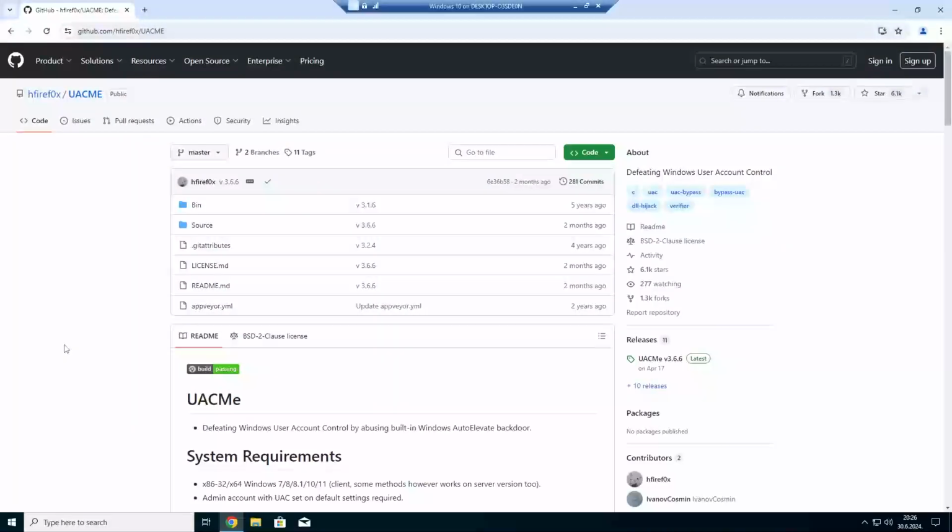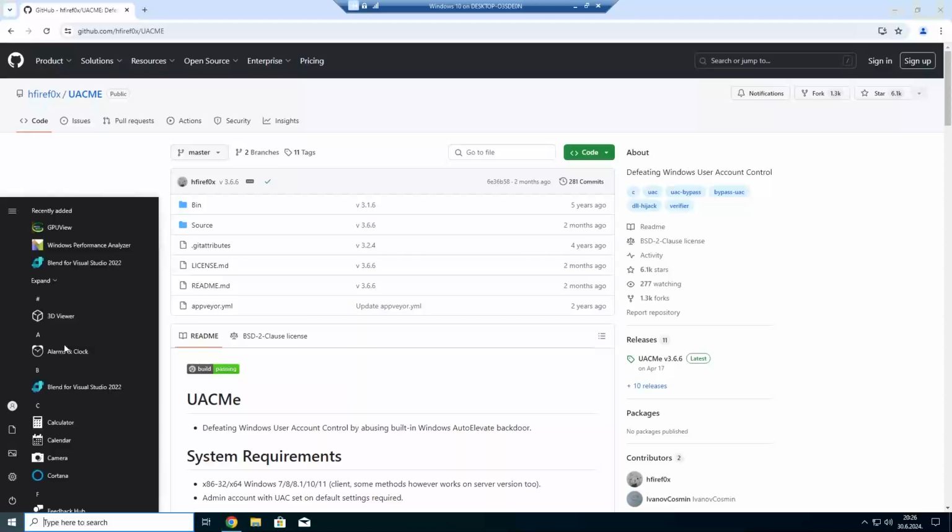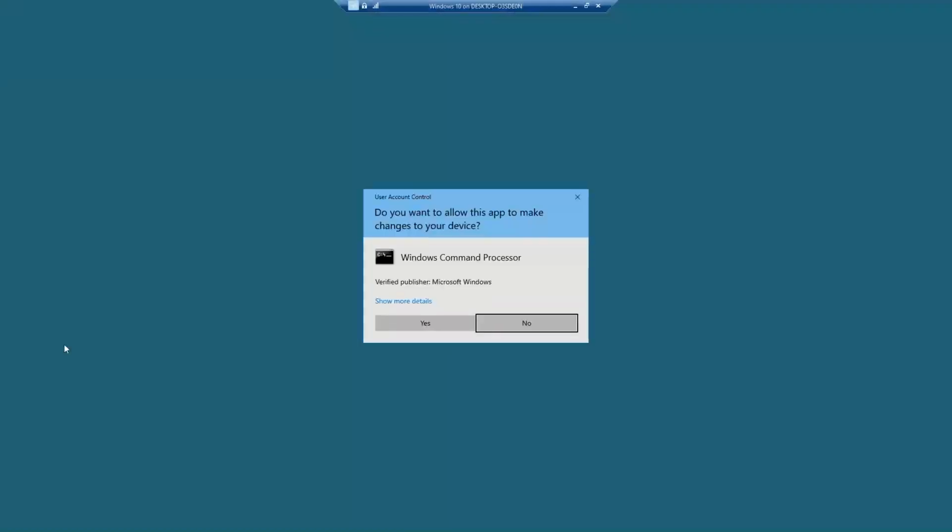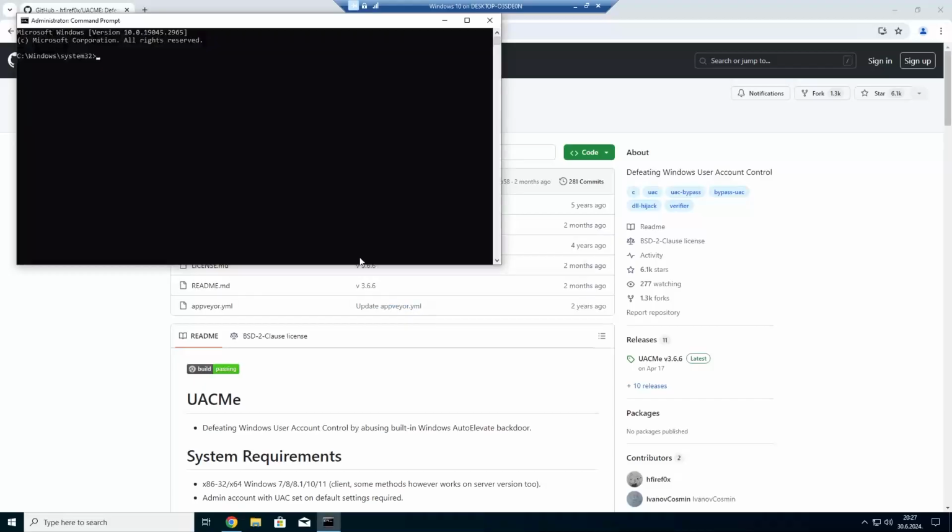Hello everyone. So today I'm going to be showing you how to bypass UAC using UACMe. As everybody knows, when you try to open up a program as administrator, you always get this little prompt that says User Account Control, and basically it notifies the user that this program needs to make changes to the device. But there are actually bypasses for it, which basically allow a program to be run as administrator without triggering